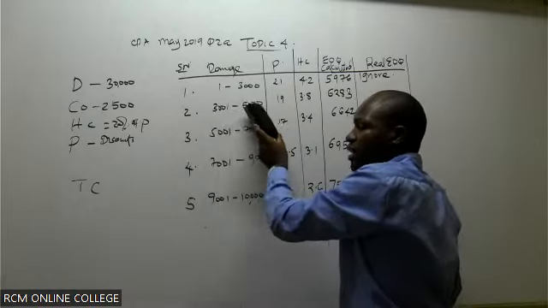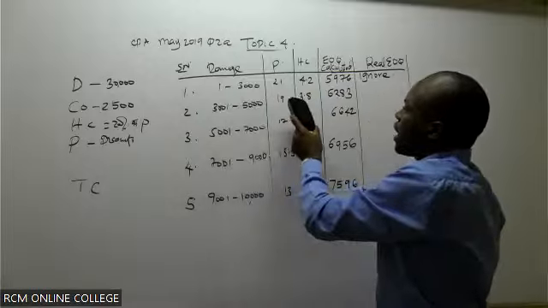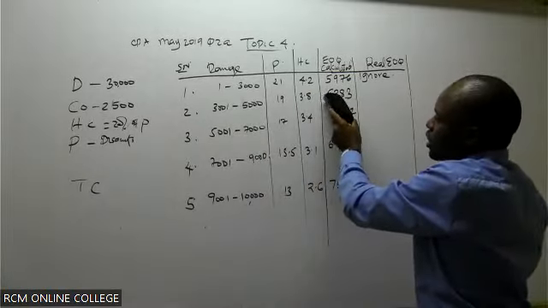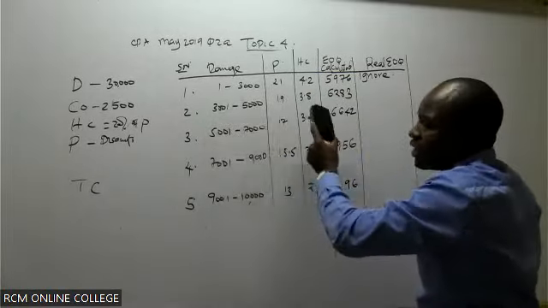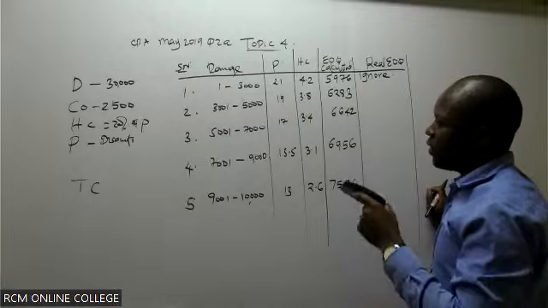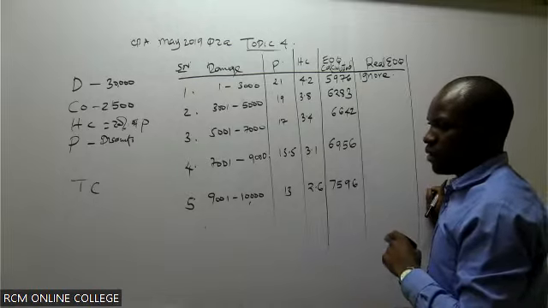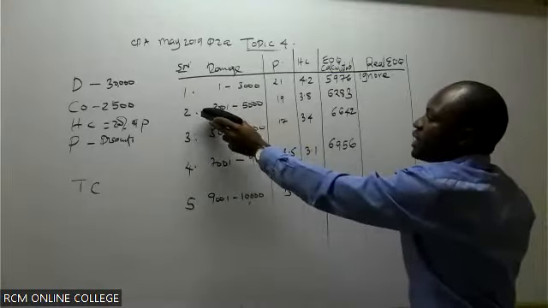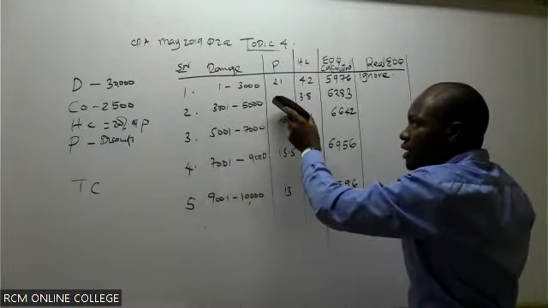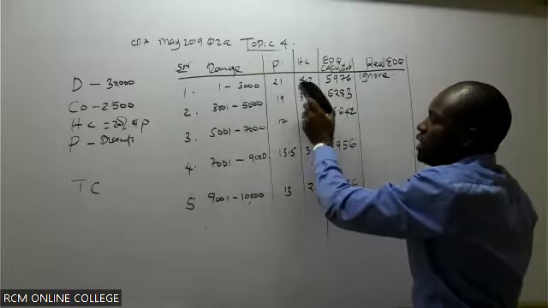Lazima ikuwe within this range here. Lazima ikuwe hapa within this range. When I come to my economic order quantity, is it within the range or above the range? It is above this particular range. They only give you 19 shillings if you bought within this range, but your economic order quantity is above the